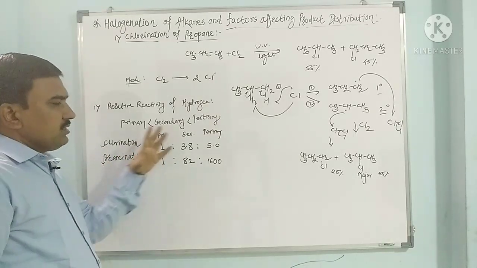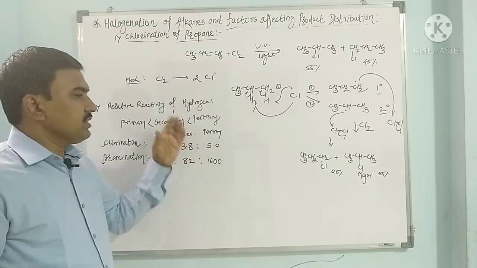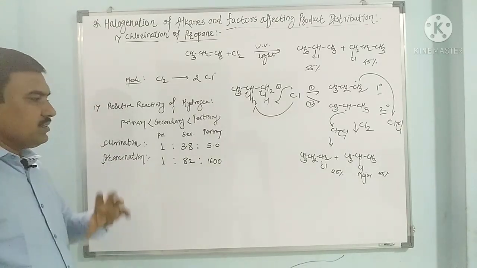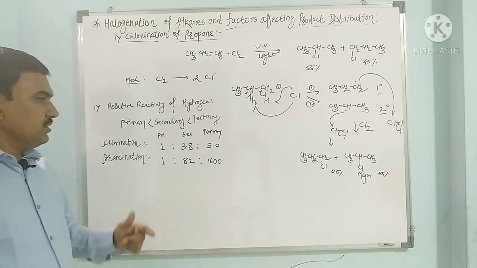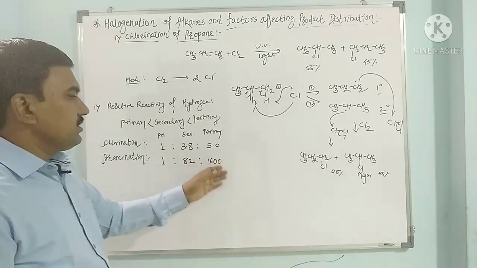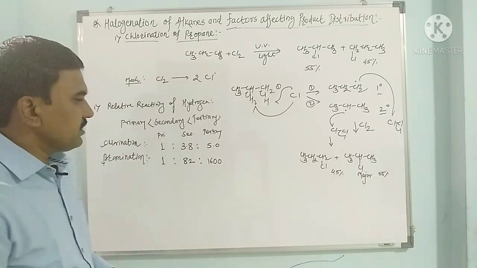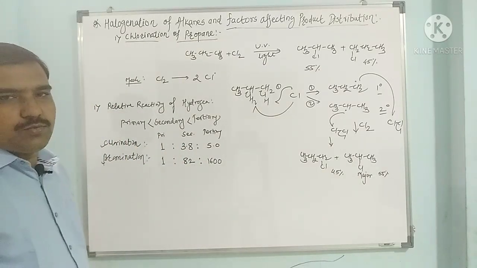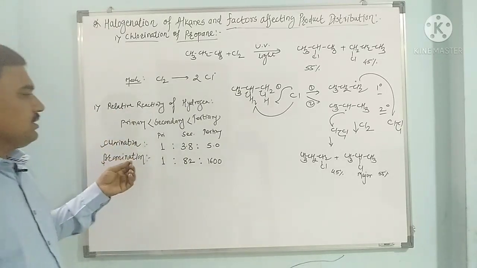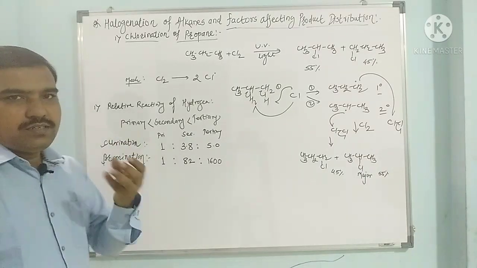In chlorination this trend is also the same: primary is less reactive than secondary, secondary is less reactive than tertiary. But see the bromination, in bromination there is a huge difference in reactivity of secondary and tertiary. So primary is very low, secondary is high and the tertiary is tremendously high. So here the relative reactivity of secondary and tertiary proton is very huge in bromination, then the secondary and then the primary. So in this way, this is the first factor by which we can see the distribution of product.